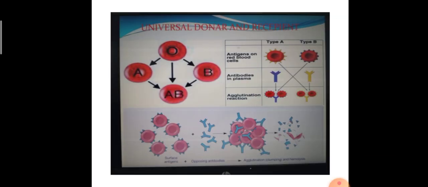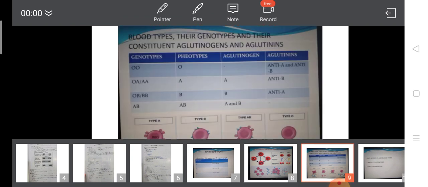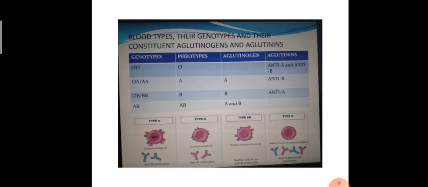Next, you can see the types of antibodies and antigens shown in the picture and the types of reaction which can occur. Agglutination is the clumping, and clumping determines what blood group a person has. This is a chart which describes the genotypes, the phenotypes, and the types of antibodies and antigens present in a specific person. Please take screenshots of all these slides. These will be included in your lecture also.